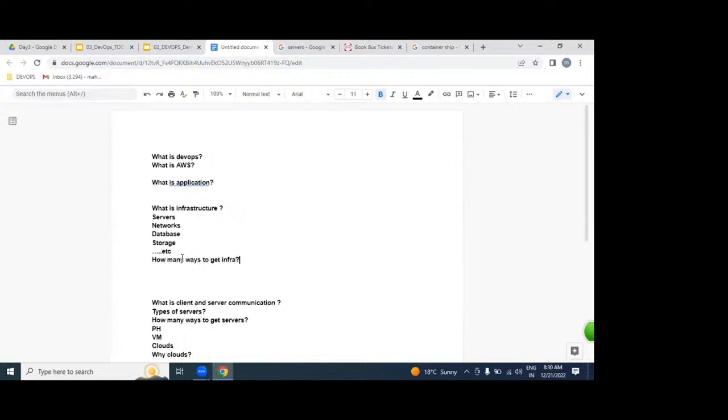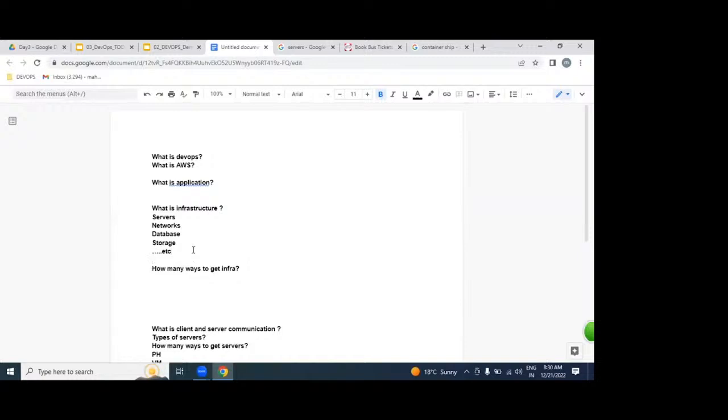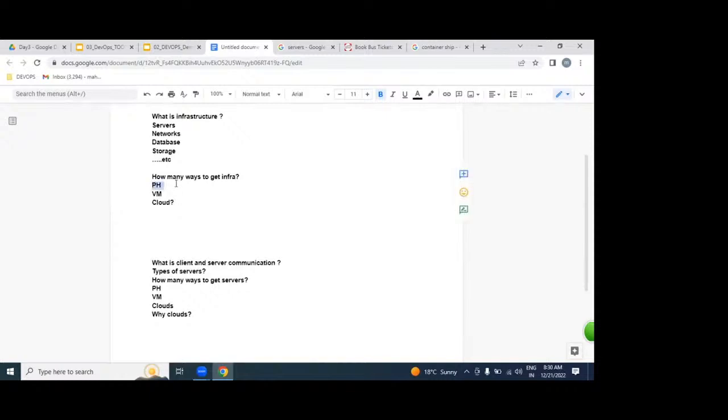Three ways: physically, virtually, cloud. So we can get it from a physical environment, from a virtual environment, and from cloud also.